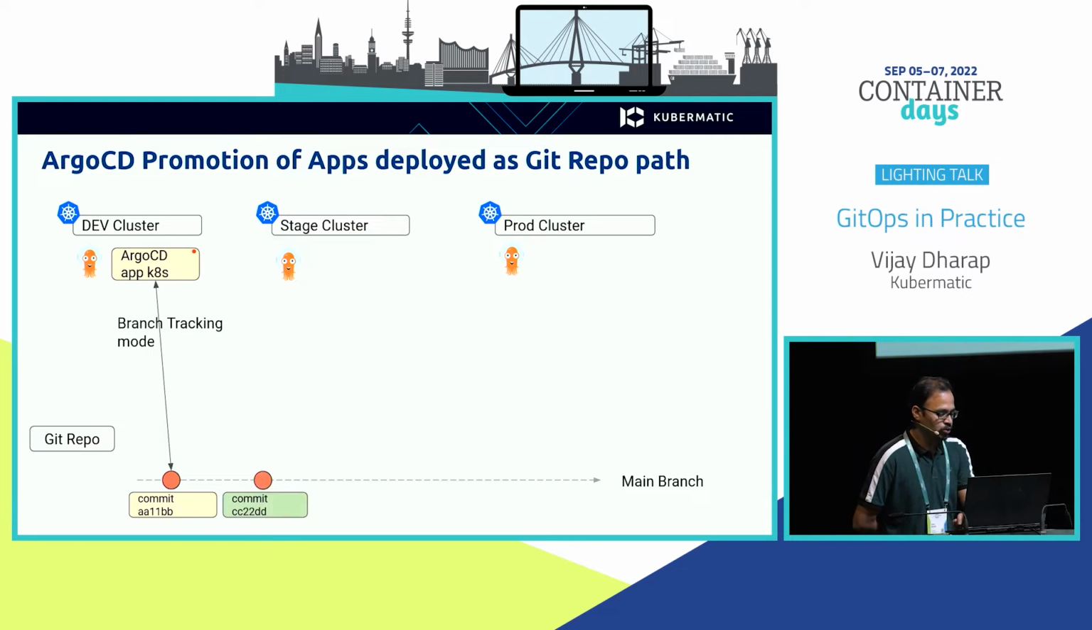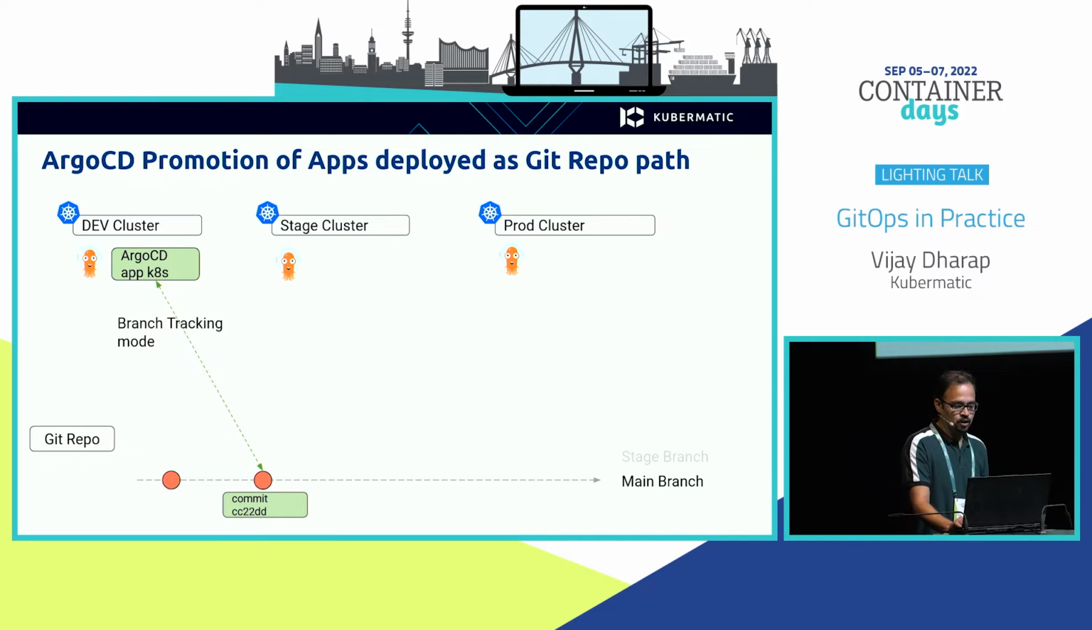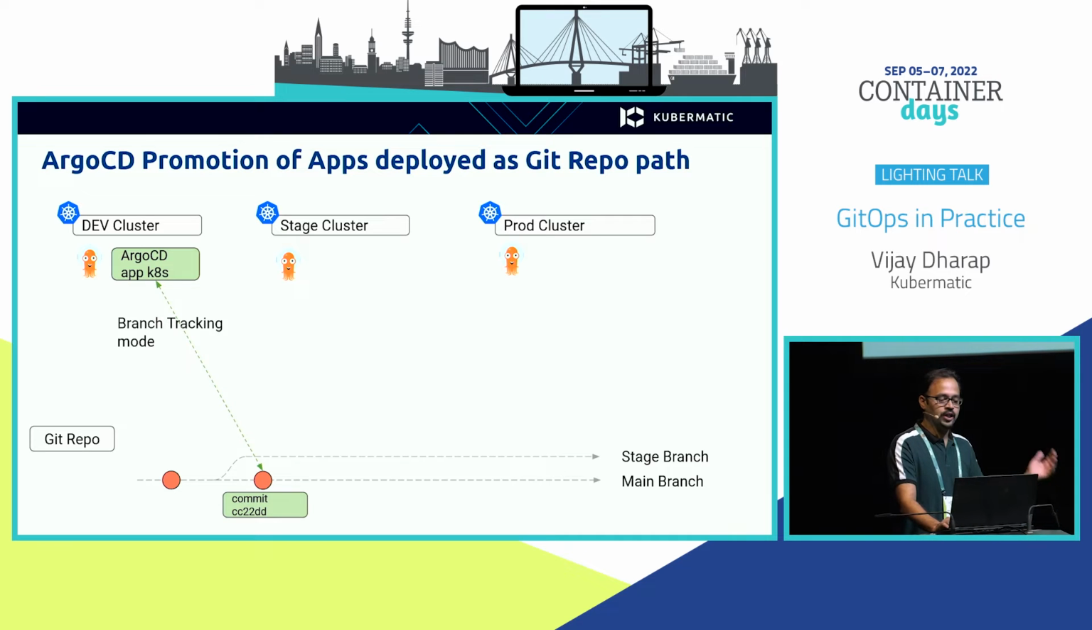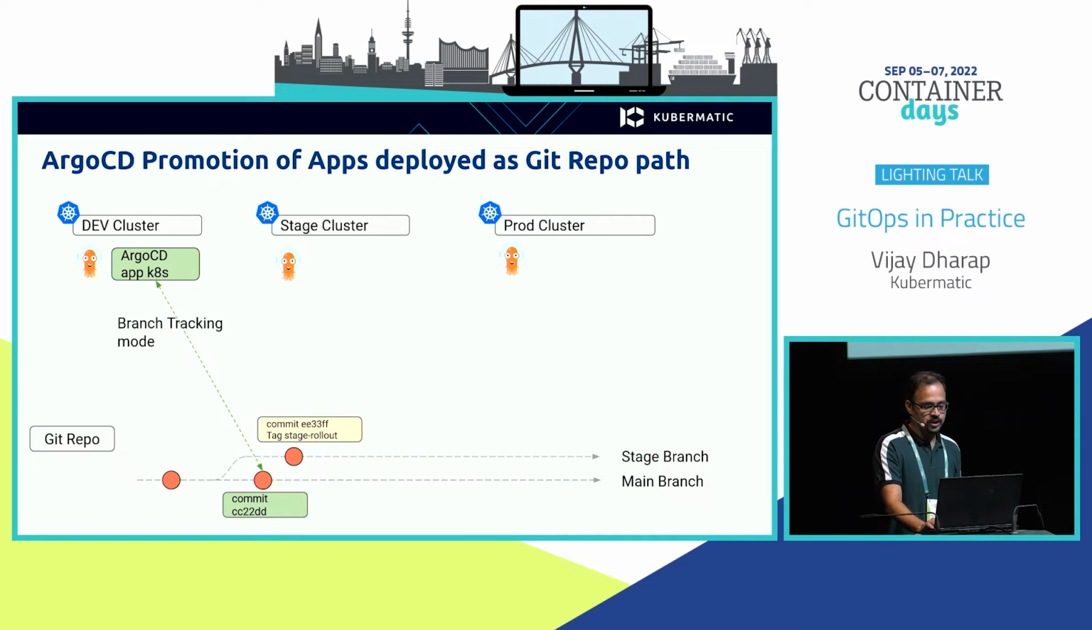But let's say you make a new commit, and now your application color has changed to green. Then because of the branch tracking mode, Argo CD is automatically going to pick up this new code change and make your application green. Now, you don't want every commit that is live happening in dev to impact your stage environment, right? So in stage, probably you create another branch, and you have one more commit there, which is